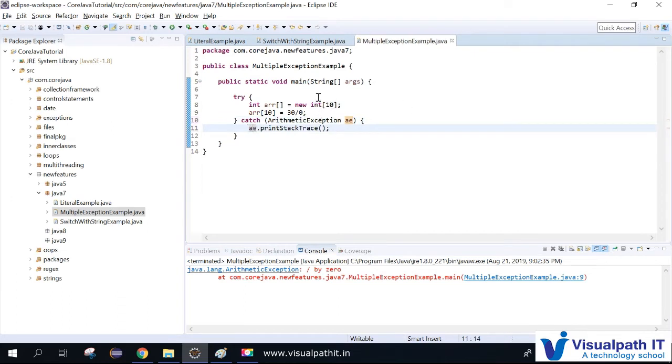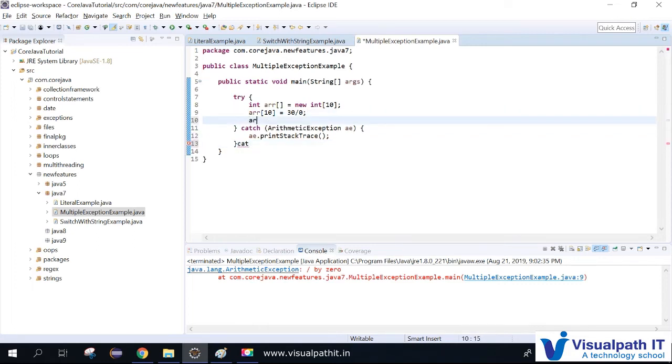If I insert after the last element, I'll be expecting an array index out of bounds exception. For that, I'll have one more catch block. You don't need one more try catch, you don't need to implement that. You can have multiple catch blocks, because if I try to insert a value at index 11 of the array, it will throw an array index out of bounds exception. I'll be handling that exception here also.